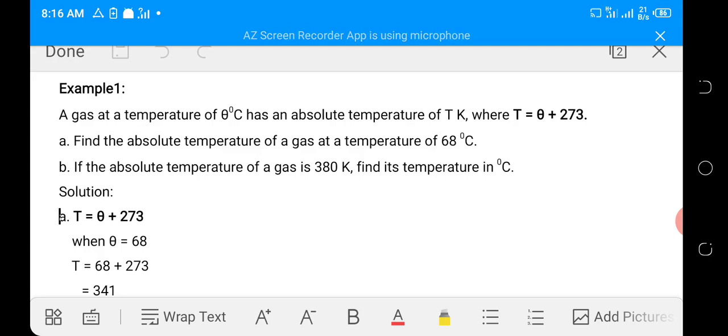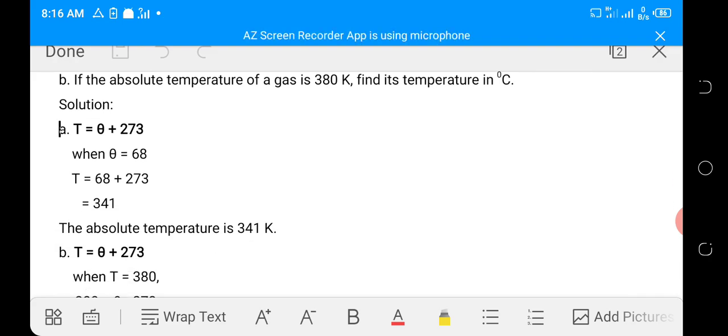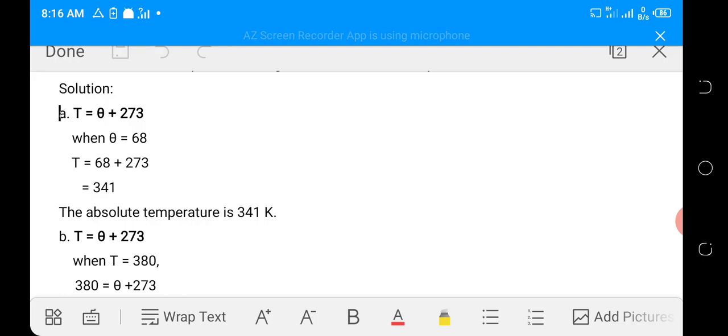Question A. Find the absolute temperature of a gas at a temperature of 68 degrees centigrade. B. If the absolute temperature of a gas is 380 Kelvin, find its temperature in degrees Celsius. Solution. From the question, the formula is T is equal to theta plus 273. That is the formula that relates the absolute temperature with the Celsius degree temperature. So when our theta is 68 degrees Celsius,